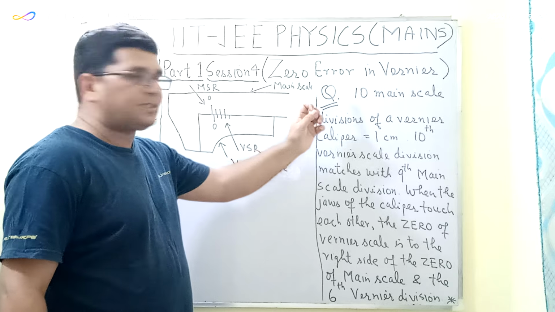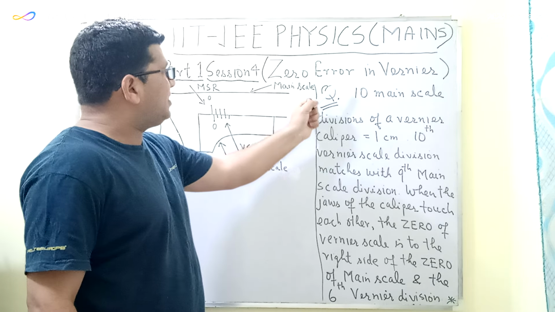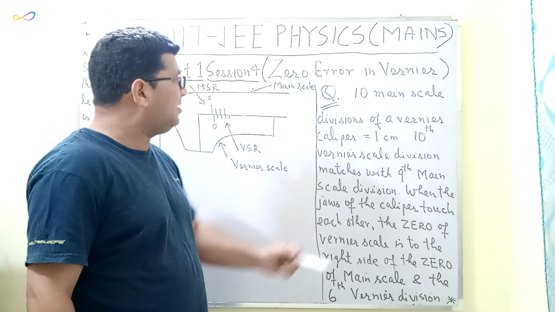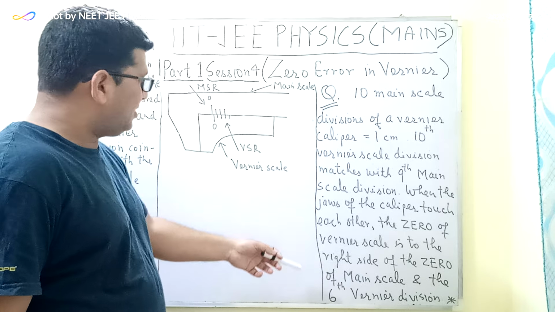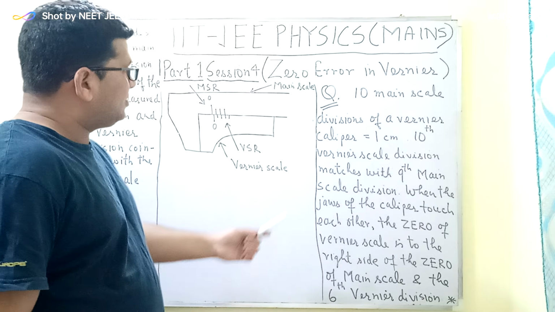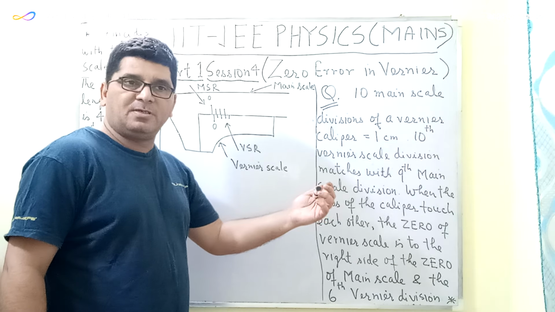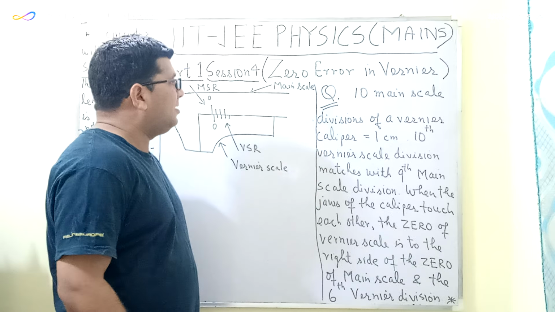The topic for this session is the calculation of zero error in the Vernier Caliper, and the question is written on this board. Similar type of questions has been asked in the previous